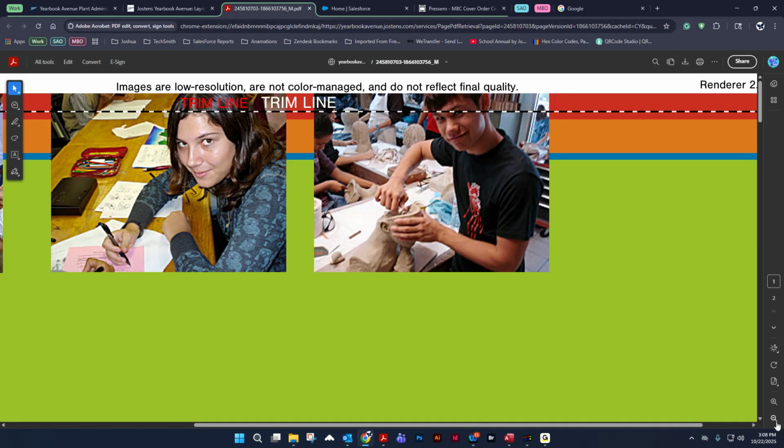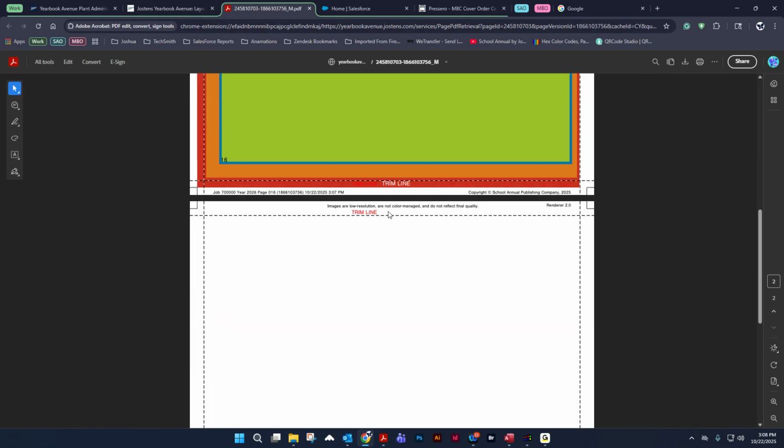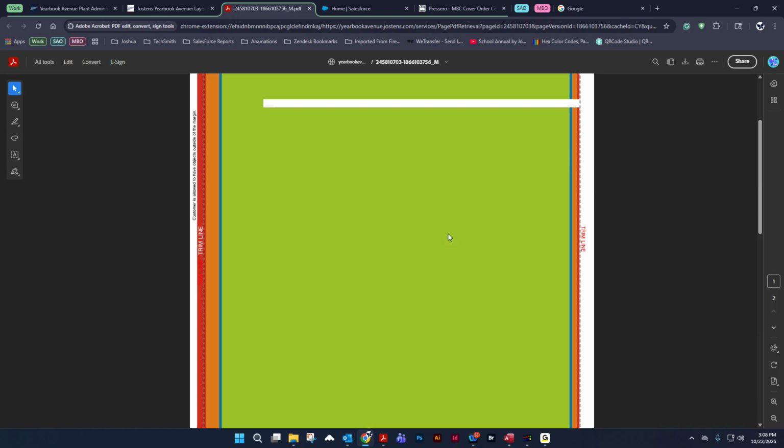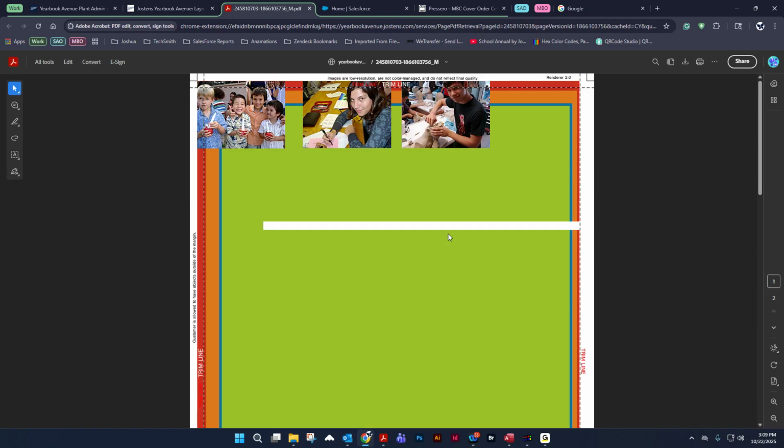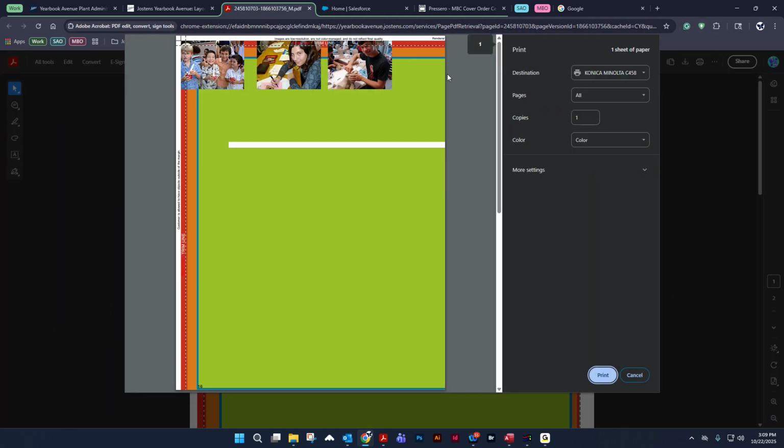So under View PDF, you can actually view this page as a PDF and kind of see your trim lines like we just talked about. So this will help you view your page beforehand and get an idea of what it's going to look like. If you do go ahead and print this page so others can see it, you can hit the print icon. Now, one thing you will notice here on the right and underneath, it looks like it's been